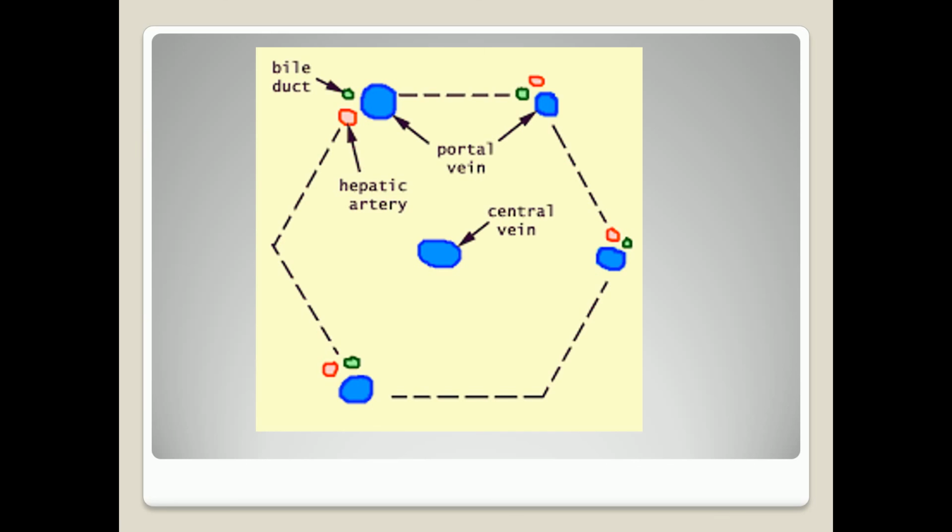Then the distinguishing features: Glisson's capsules are there, numerous hepatic lobules are there, at the center of the lobule the central vein is present, hepatic cords are also present, sinusoids and portal areas are present. Means these are found only in a liver. The liver plays an important role in the metabolism of the body.